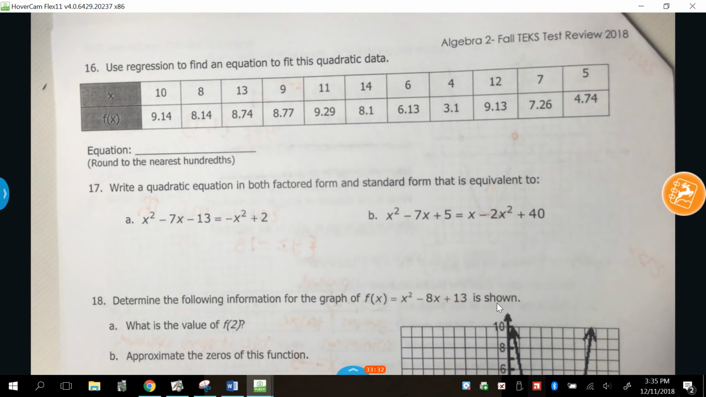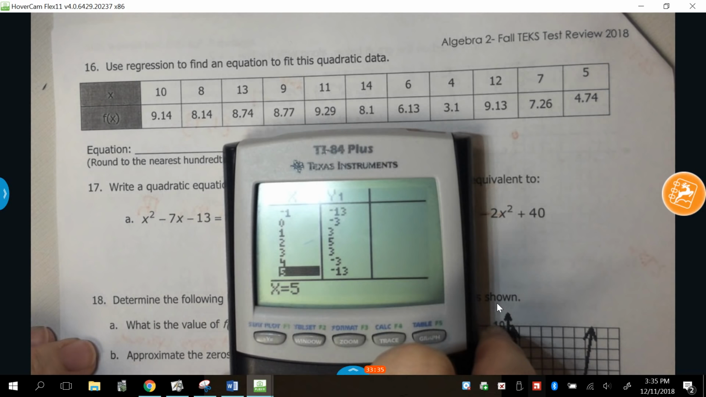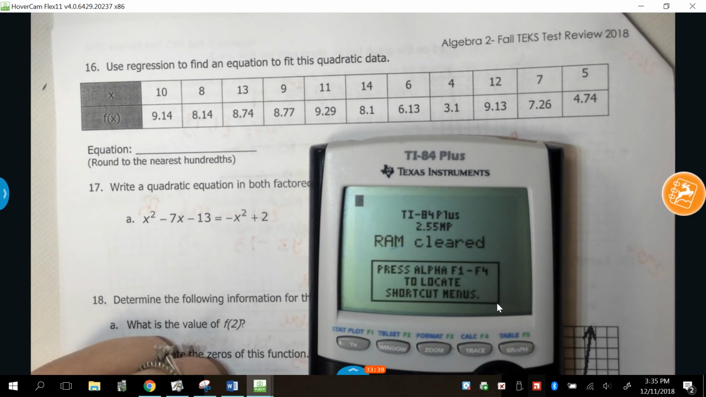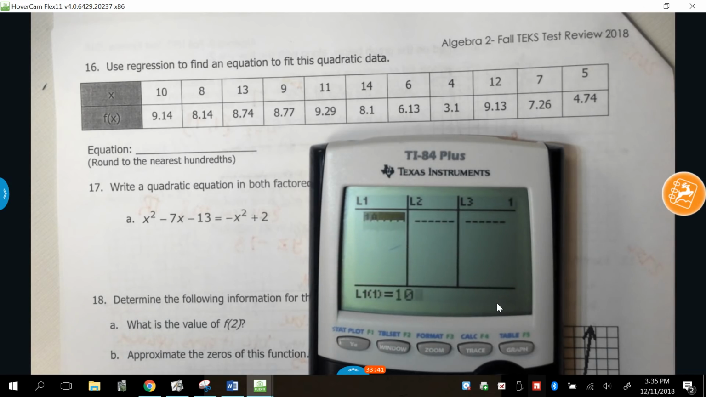Number 16. Okay, again, it wants us to find the equation. We're going to use stat. This is kind of like number 2. So 10, 8, 13, 9, 11, 14, 6, 12, 7, 5,